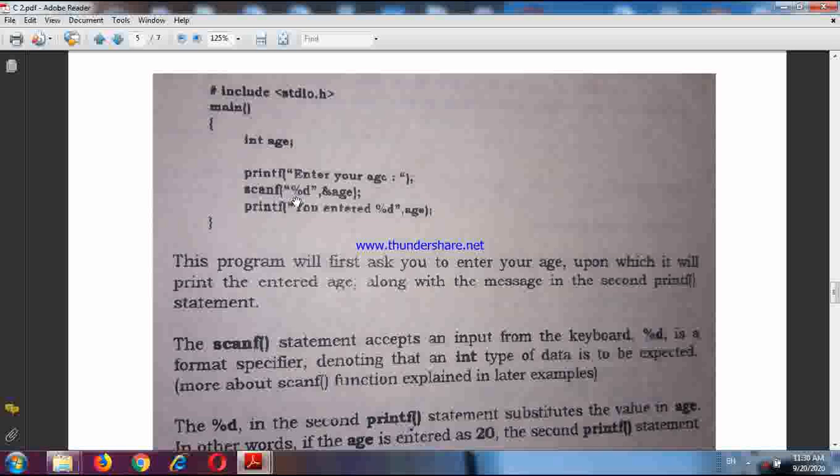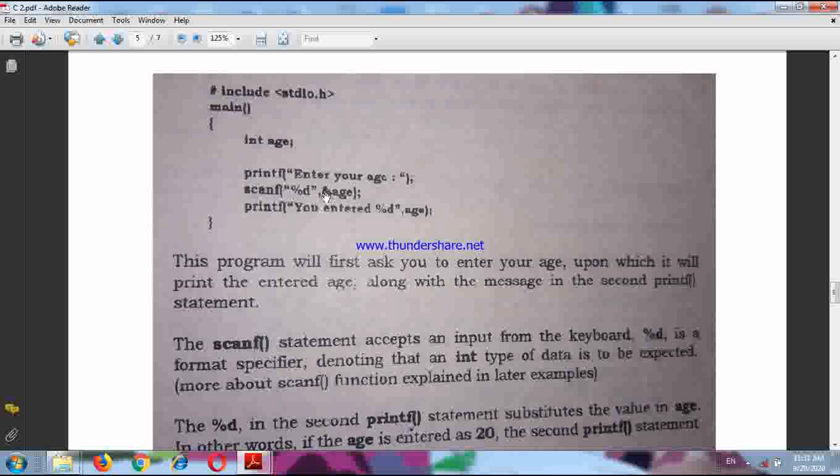Scanf. You see, earlier we wrote %f. Here we have written %d. Now %f, %d, these are known as format specifications. Now, as this age is an integer variable, or data of integer type, we use %d. %d, ampersand age. So inverted commas, then again comma, ampersand. This forms the syntax of writing the scanf function. Age. Printf, you entered the age %d, comma age.